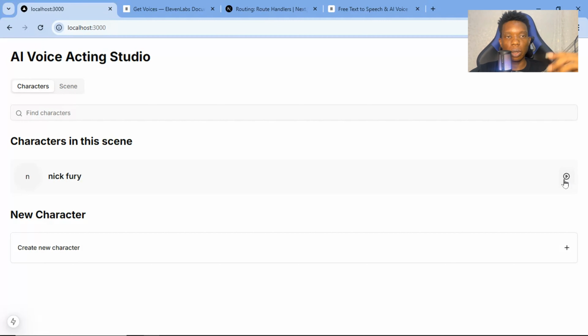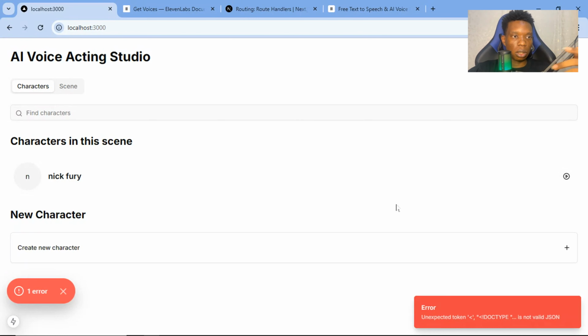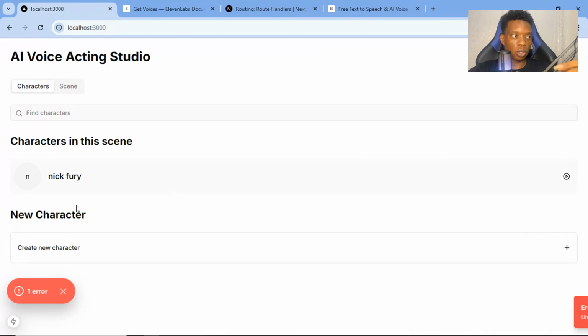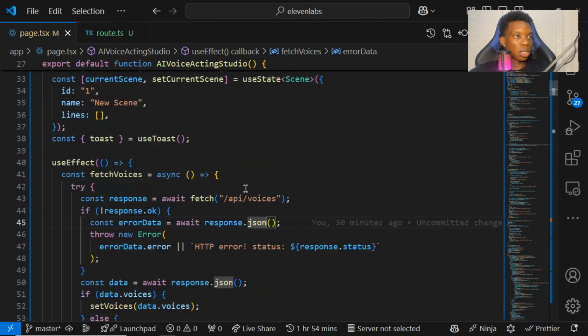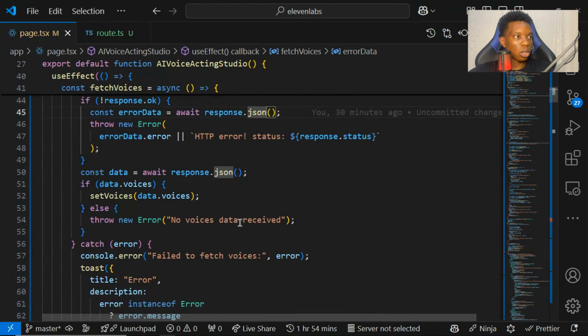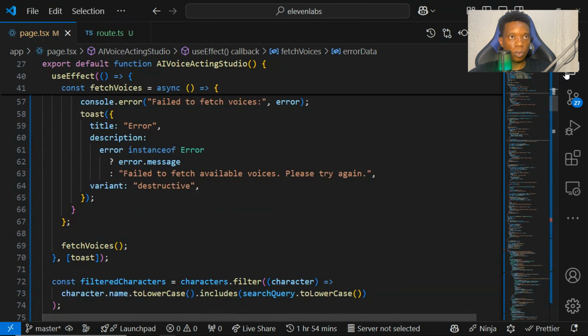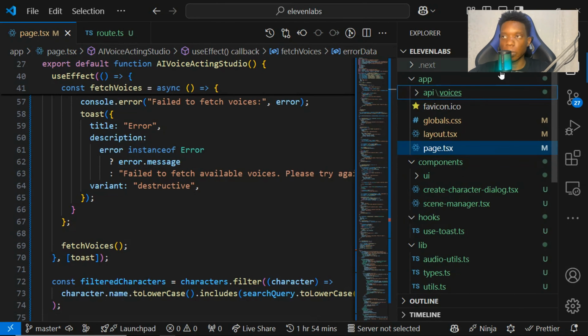Now we have a feature here. We need to listen to this particular character. If you try doing that, it won't work right now because that particular feature does not exist. Our API route handlers do not exist to handle that for us. So we need to think about how we are going to handle that. So for us to do that, we're just going to go back to our APIs and create